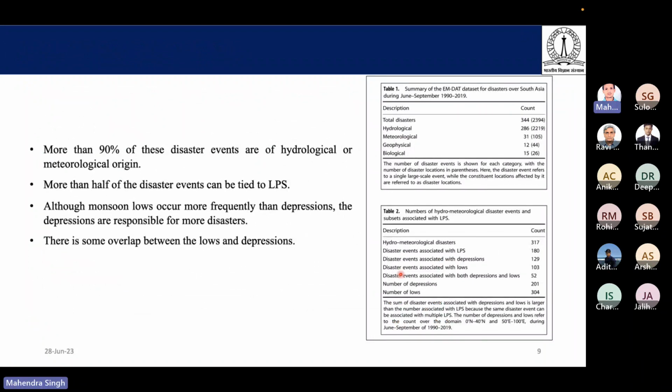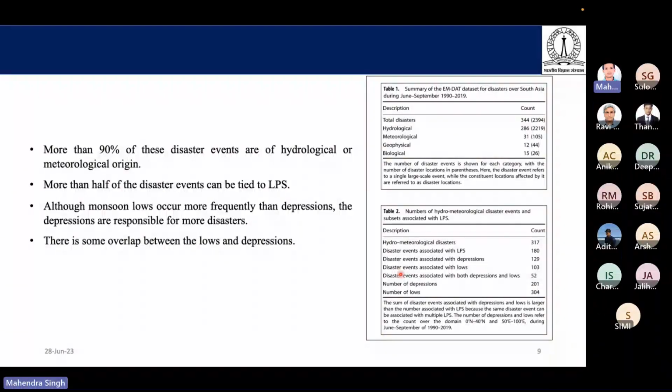So here is Table 1, and Table 1 shows the summary of the disaster information data set. They have included the time from 1990 to 2019, and only the monsoon season, the JJAS season. They have counted a total of around 344 disaster events and 2394 disaster locations. They have only included the hydrological and meteorological